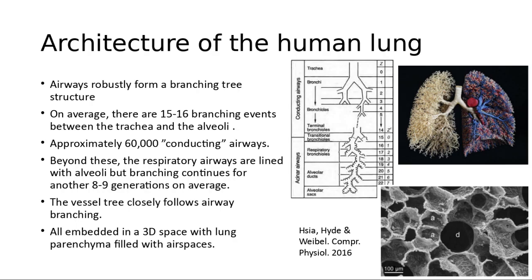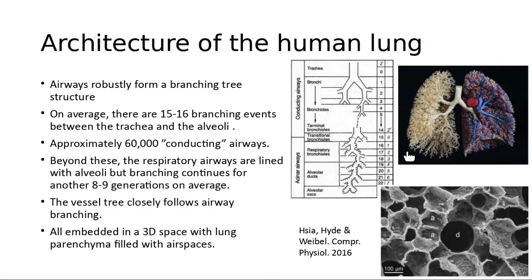So some background, first of all, on the lung and why modeling it is interesting and useful. The architecture of the human lung is quite complicated. Airways form this, as you can see, intricate branching tree structure. The white cast here is a cast of the human lungs. On average, this is composed of about 15 to 16 generations of branching airways. So you end up with approximately 60,000 conducting airways, which all feed air to the alveolar region,